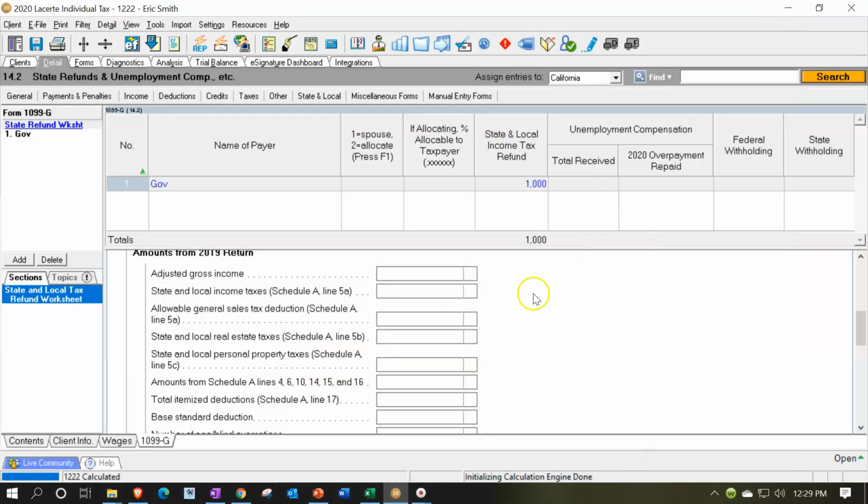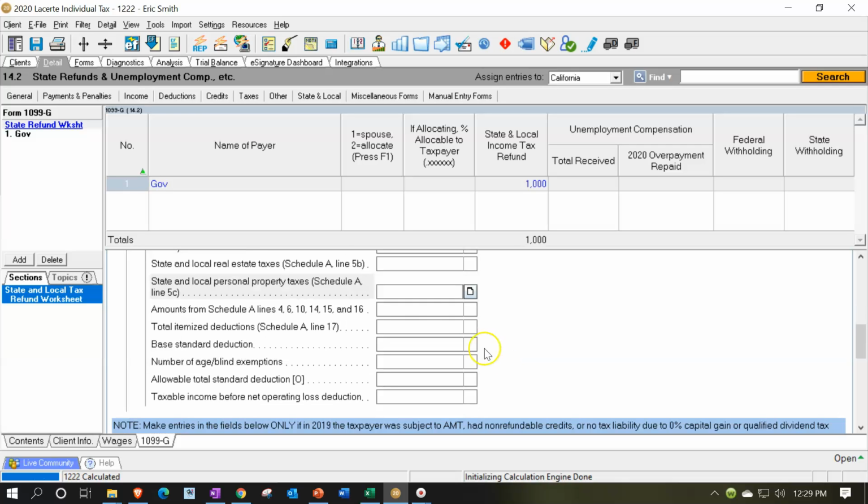So you can see in order to do that, the software would need this information to do the calculation. You'd need the state income taxes on Schedule A last year, the allowable general sales tax deduction, state and local estate taxes, state and local personal property taxes, the amount from Schedule A, lines 1, 6, 10, itemized deduction, base standard, and so on and so forth.